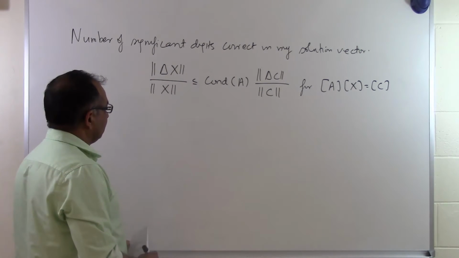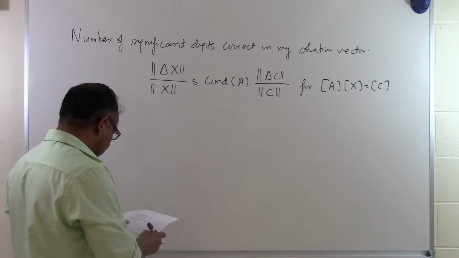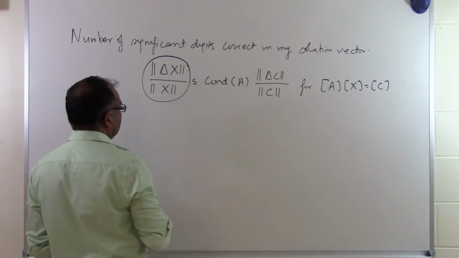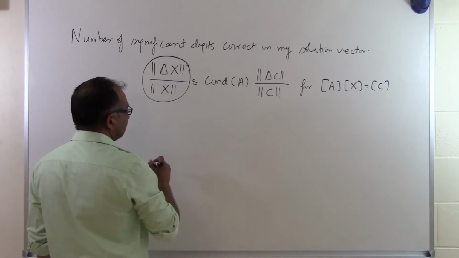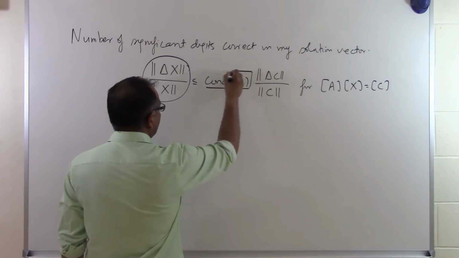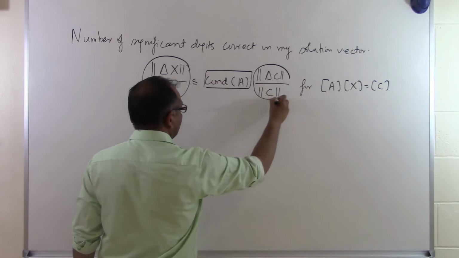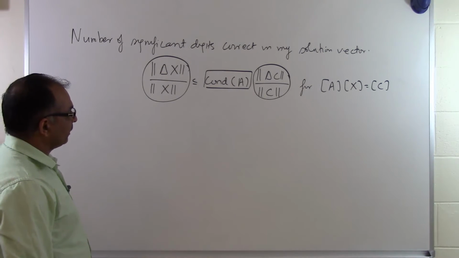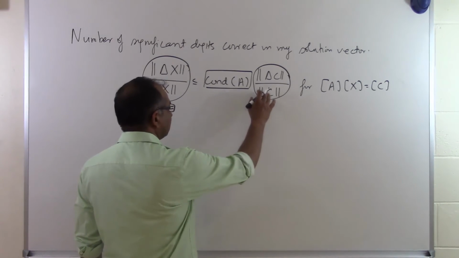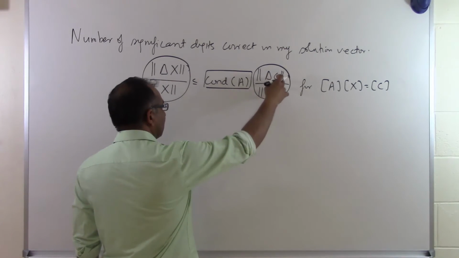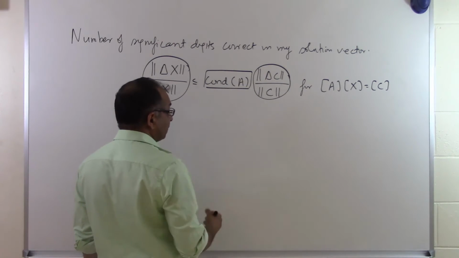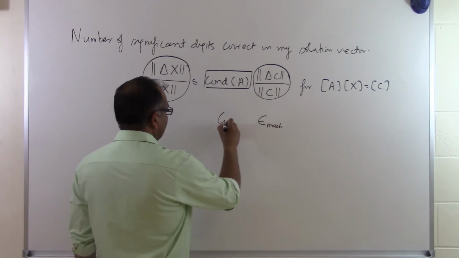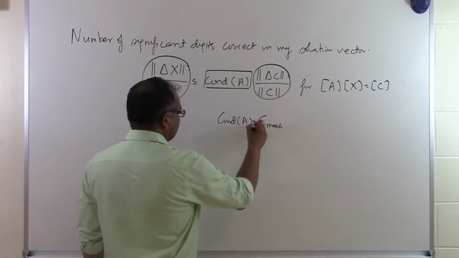So based on this, we need to figure out how many significant digits I can trust in my solution. We can say that the possible relative error which you're going to get in the solution vector will be based on the value of the condition number multiplied by the possible change in my right hand side vector. Since we are representing numbers in a floating point format, there's a possibility that the relative error I'm going to get just by representing numbers will be of the size of epsilon mac. So it looks like the condition number of A times machine epsilon.